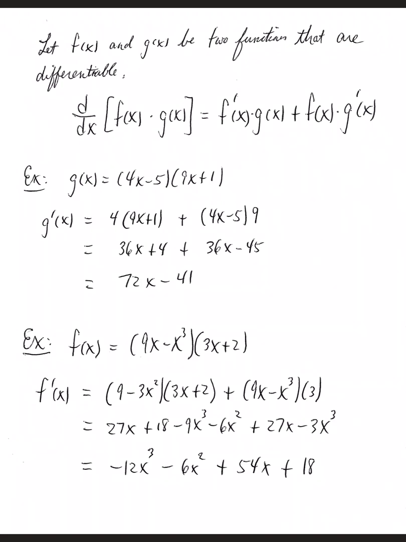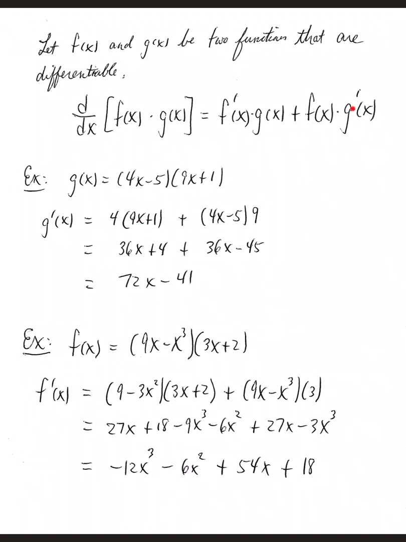These f and g of x terms are merely placeholders in the big scheme of things. For example, you can have a function defined as g of x, and it be the product of 4x minus 5 and 9x plus 1. In this formula up here, f would be considered your first differentiable function, g would be considered your second differentiable function. So in the expansion, it's the derivative of the first function, which would be 4, times the second function left alone,